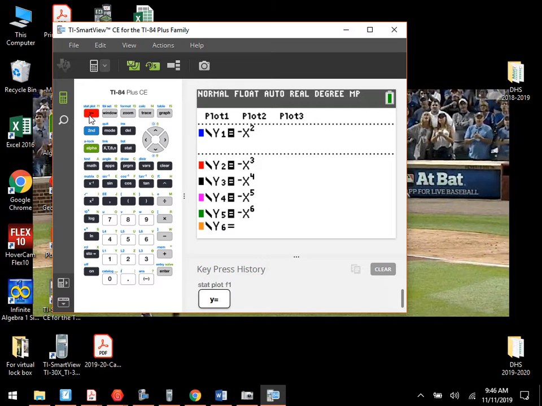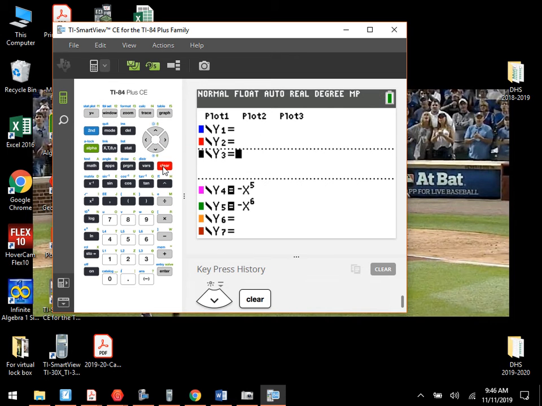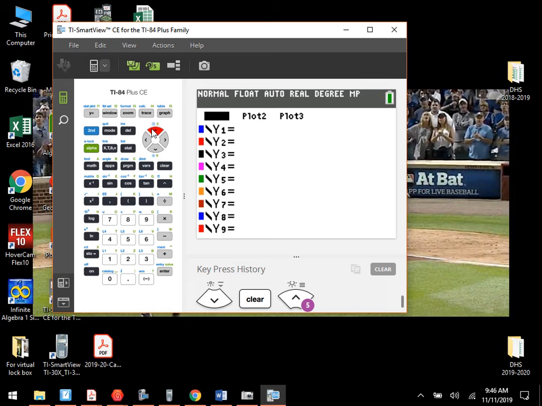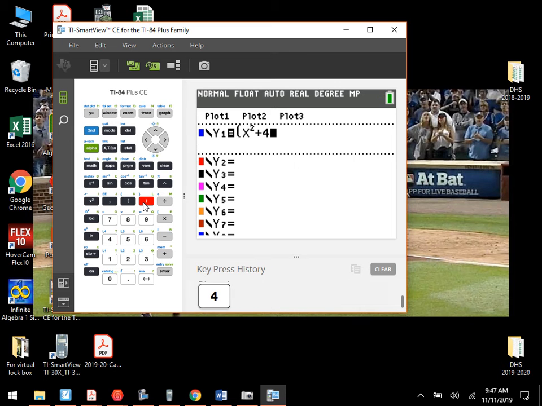All right, so now let me clear mine out real fast, and I'll show you a function to throw in there. Do you agree that if I wanted an imaginary solution, it would be x squared plus 4? You okay with that? So let's do this. Do parentheses, x squared plus 4, close your parenthesis, and then we'll put in x minus 1, parenthesis, x plus 3, parenthesis. That gives us a 4th degree. You okay with that? So if I hit graph,